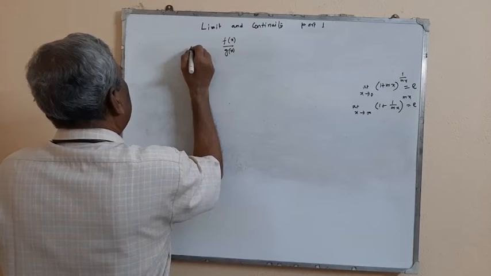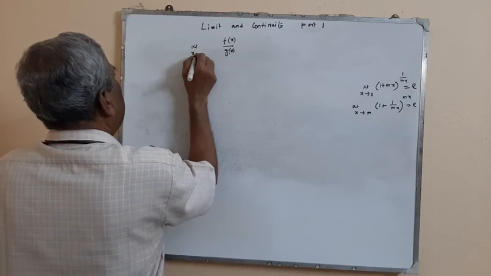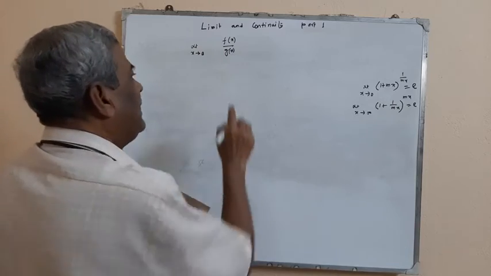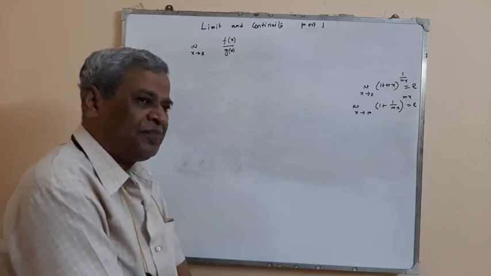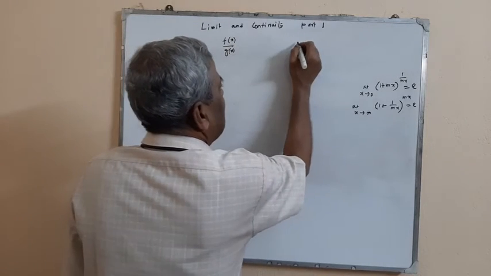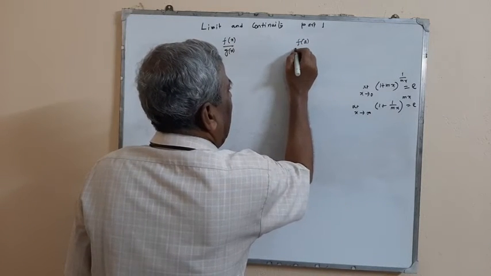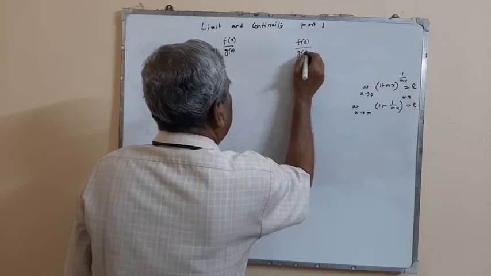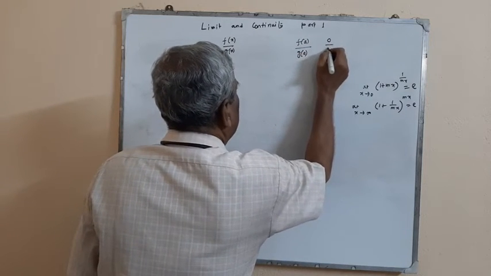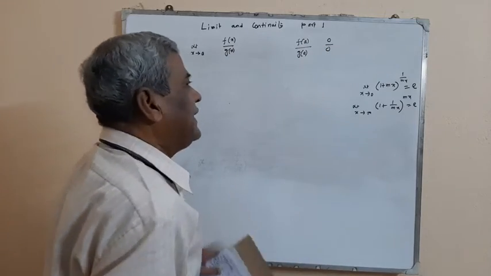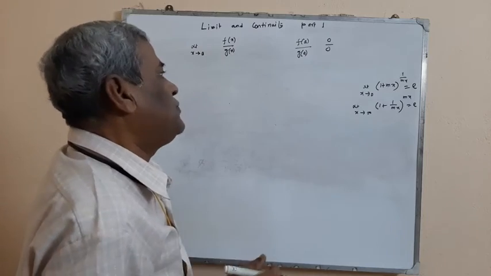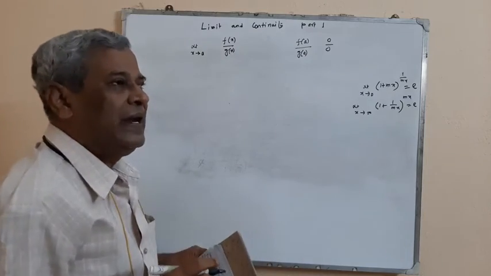Now we have to calculate limit x tends to a, a is any finite number, f(x) by g(x). If by putting x is equal to a, that is f(a) and g(a), this is of the type 0 by 0, that is in numerator f(a) is 0, in denominator g(a) is 0, then only